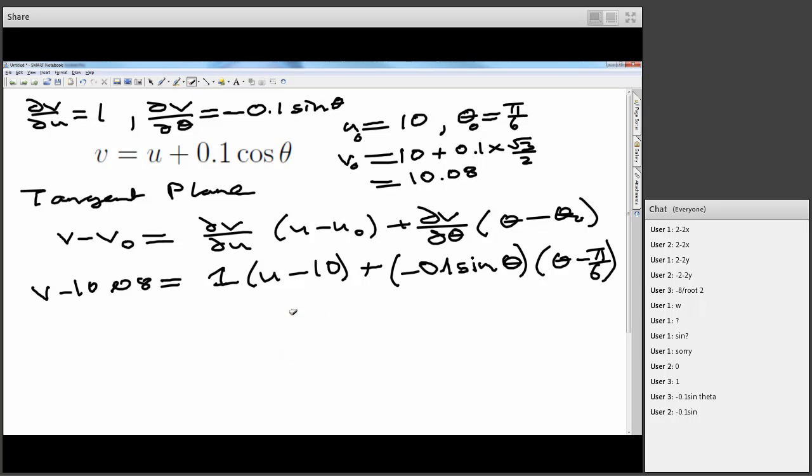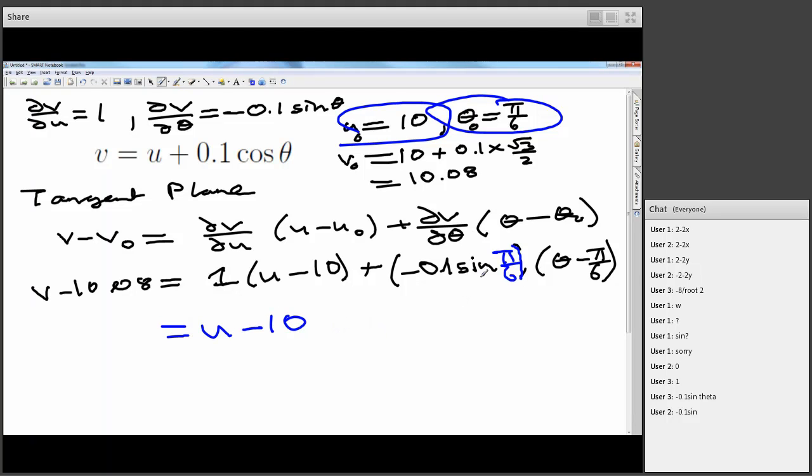I guess not, that's fine. So the issue is that these two partial derivatives need to be numbers. So you actually need to sub in the value at the point. So when I've got minus 0.1 sine theta there, what I really need to do is plug in the actual value of theta that we know in this case. So we need to plug in the reference value. And I would have to sub in the reference value for u too if I needed to. And so just simplifying it down, that's just u minus 10. Sine pi over 6 is a half, so that's minus 0.05